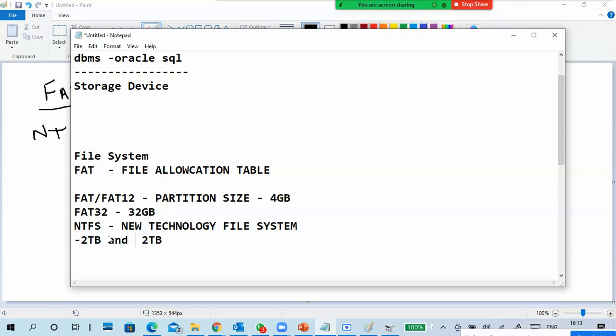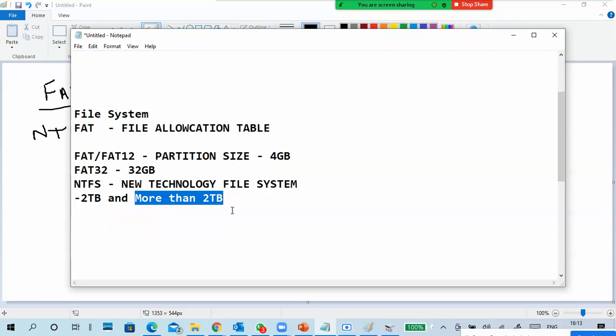The 2 TB limitation is based on Windows XP, but later the NTFS version was also updated, NTFS 5, 6, 7 like that. So it is supporting more than 2 TB. If your operating system is new, it will update NTFS and support more than 2 TB. It is practically unlimited, because there is no other file system we use for more than 2 TB. And if you want a partition size of more than 2 TB, then what should we use?